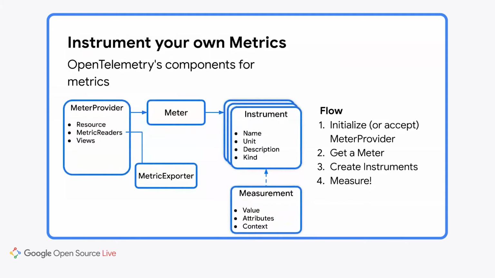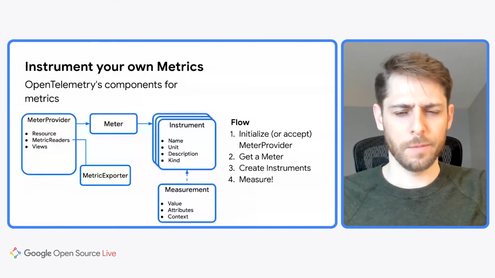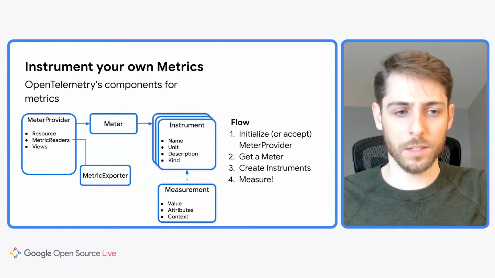You need metric readers, which are sort of handles that are completely independent ways to pull data out of the SDK. And exporters will use these metric readers to get the telemetry and send them off. Finally, you can optionally provide views, which are sort of like a customization mechanism. But don't worry, you don't have to actually supply those. OpenTelemetry has really good defaults. So for example, we support a bunch of default histogram buckets. You don't even have to specify any, and they should work pretty well for most use cases.